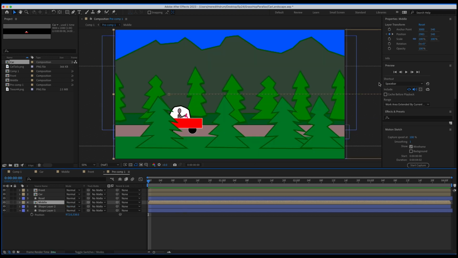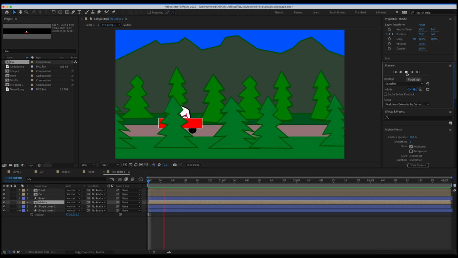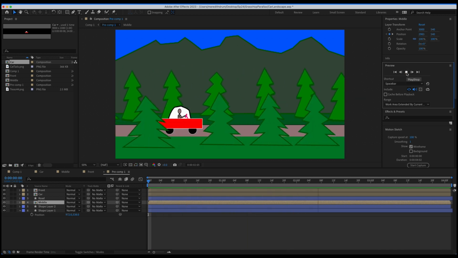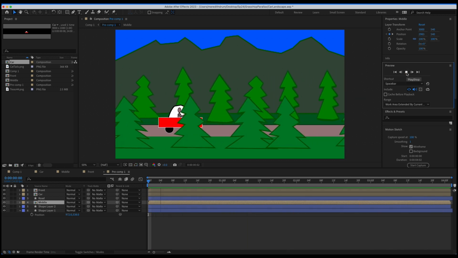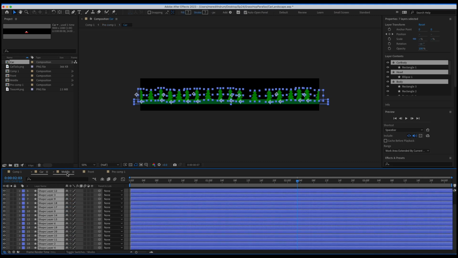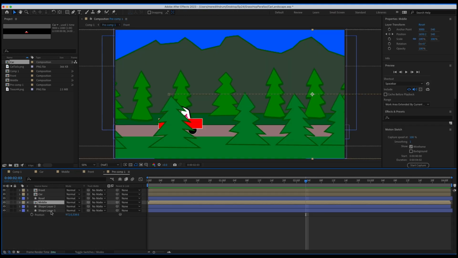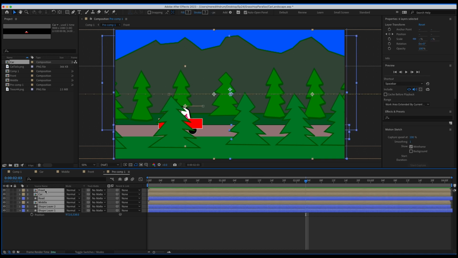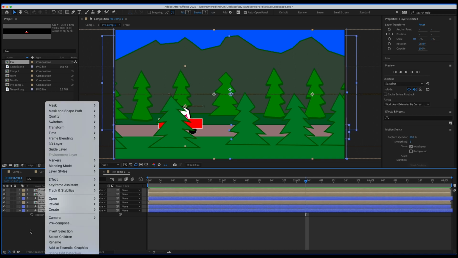You can scroll back in and play, and you can see that looks pretty good. Okay. And then what I have here is I made another composition. So I have these pre-comps, and then I pre-comped all of these by selecting them and going to pre-comp, right? But I already did that.